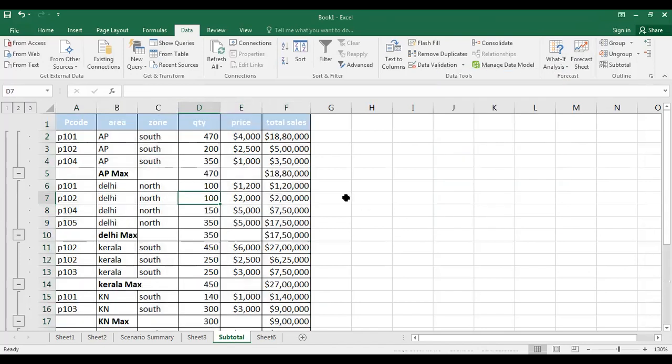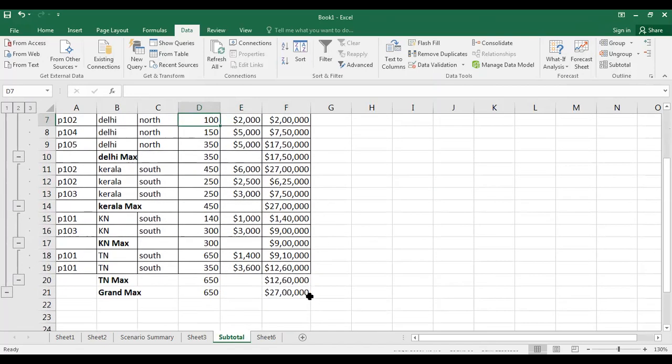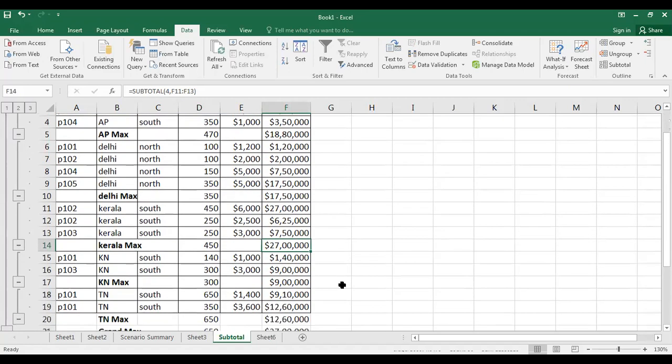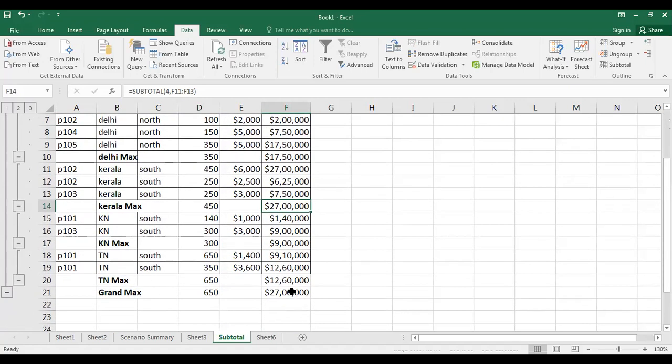So I can see which is the highest. The highest is 27 lakhs, and it happened in Kerala. So by seeing the overall data, I can immediately point out which area has the maximum sales. So here the maximum is 27 lakhs, and it happened in Kerala.